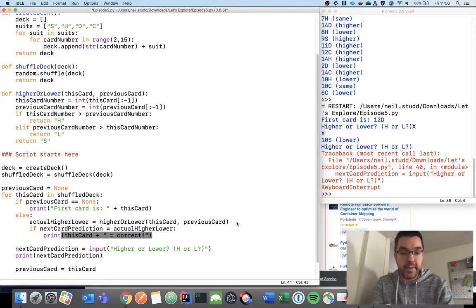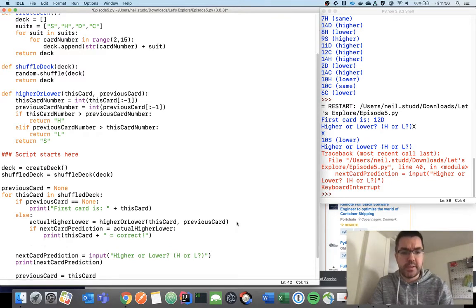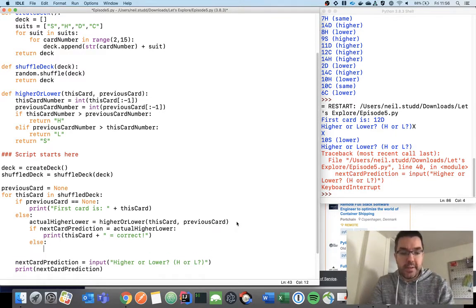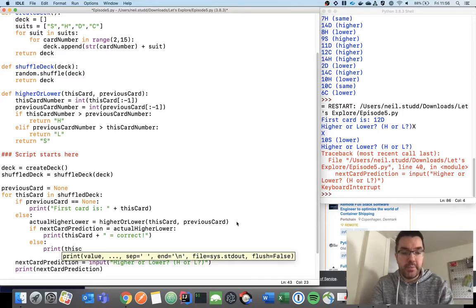Just to tell the user they got their card correct. We'll come back and make the wording and stuff nicer later. Let's get the logic right first. So if they didn't get it correct, they got it wrong. And we'll put print this card,